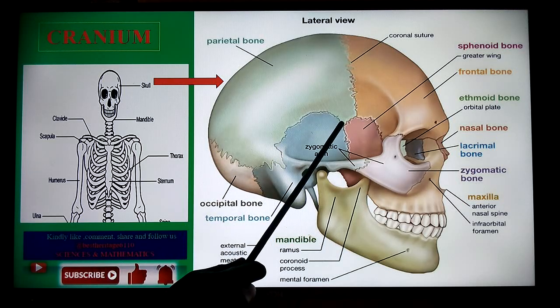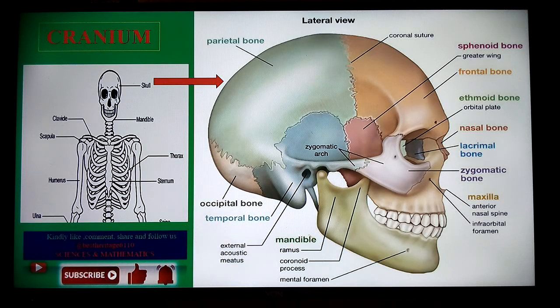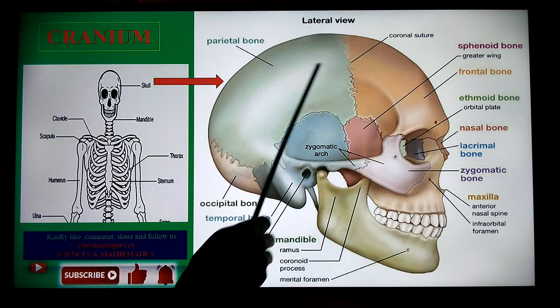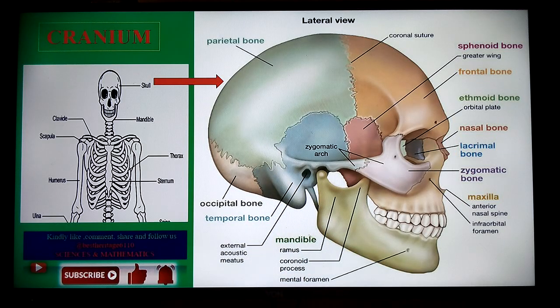Now, later we'll see that as human beings develop from infants to adults, the size of this particular cranium is going to increase. Now, that will have a compromise on these sections that we have said are immovable joints. So we're going to see a unique characteristic in that in infants, these sutures are more flexible